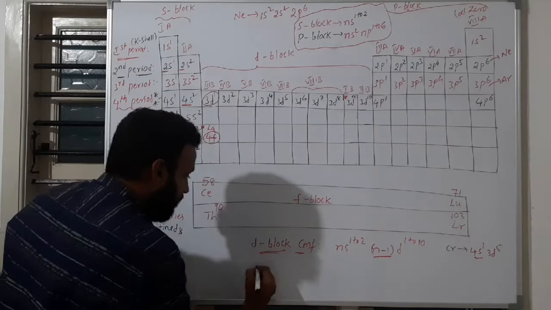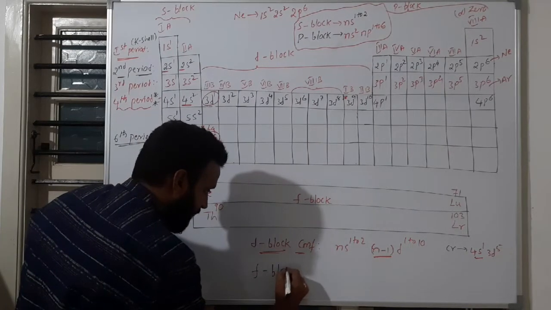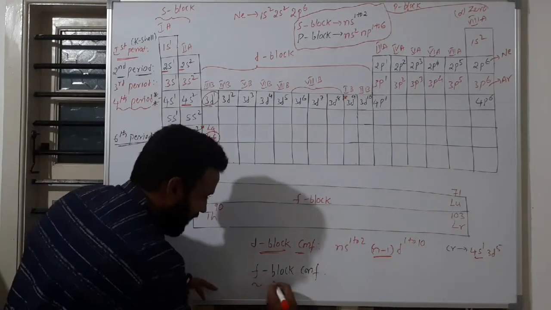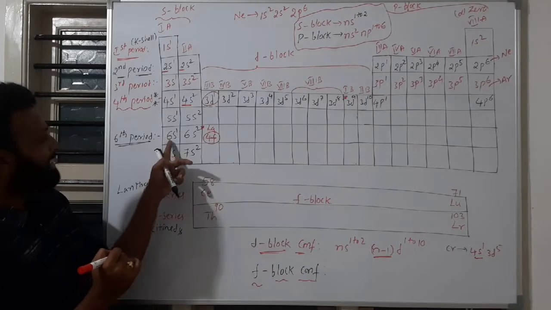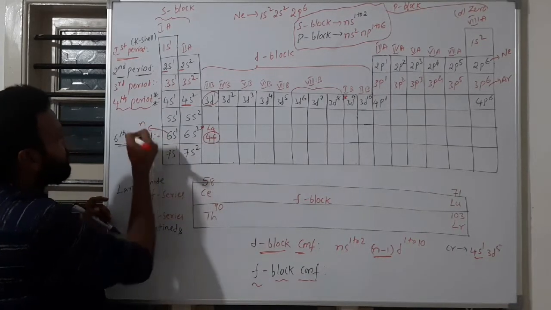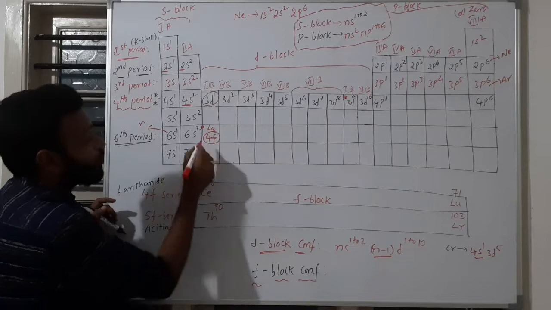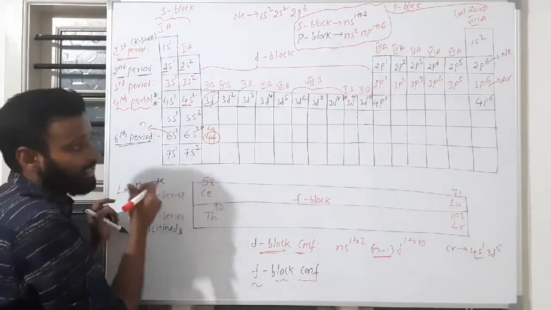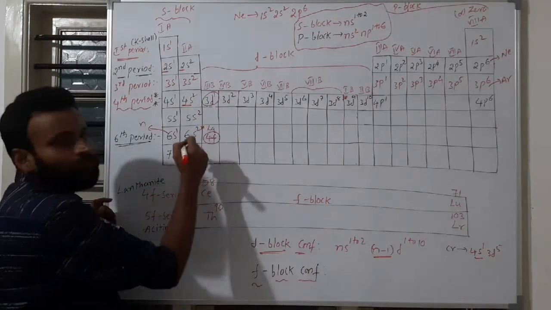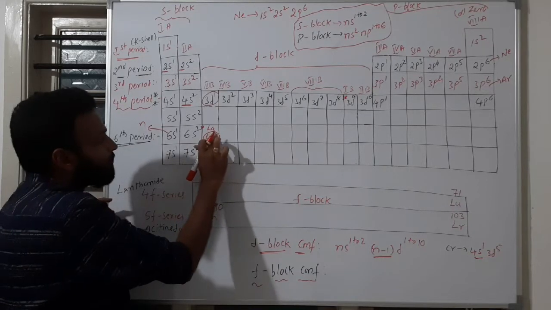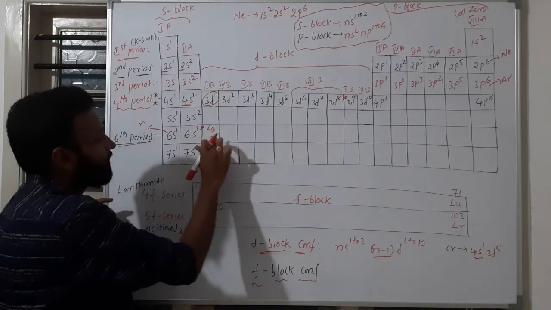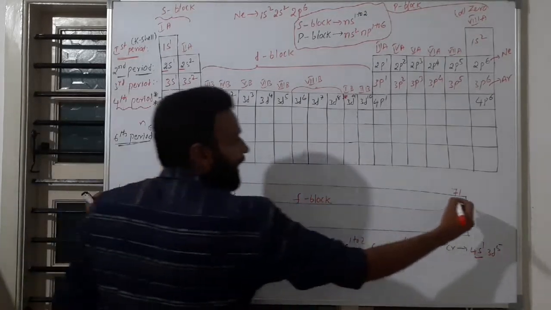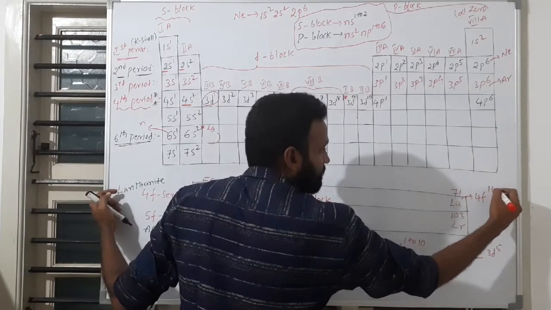Understand? Now the f block configuration, what is the f block configuration? Very simple. See here, 6s. 6 is the n value, right? This is n minus 2 here. But here also some exceptional configurations will come. Because 4f here won't fill; 4f will fill from here. Means 4f1, 2 and here 4f14.